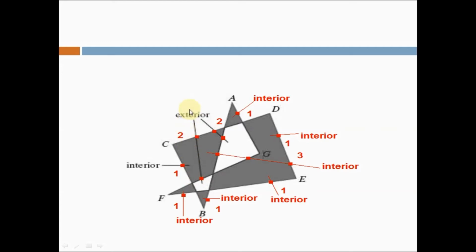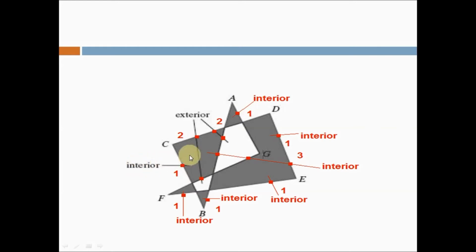Now we will check one case for interior also. This is the region which is in cement color. This is the interior region. Assume that I am standing here. See the highlighter, now I will draw the line. Again, the first step. Second step, I will find the number of crossings. Only one crossing is there. The line is crossing only one edge. That is 1. 1 is what? It is odd. Odd means interior. If the number of line segment crossings is odd, then this region is interior.